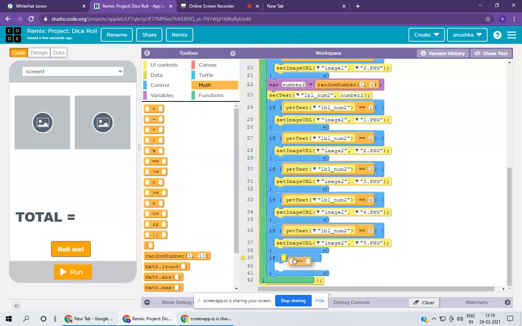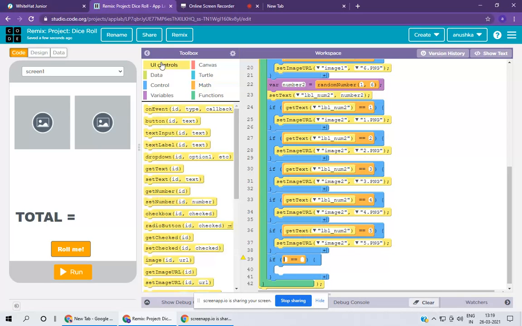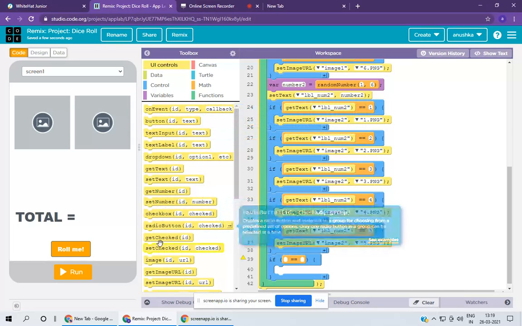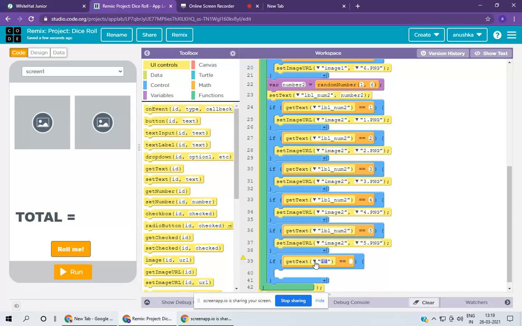We need the equal to operator, and now we need get text. Where is get text? Oh, yeah, here. And then I need label number 2, and then I need sixth one.